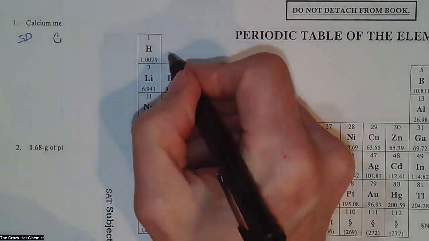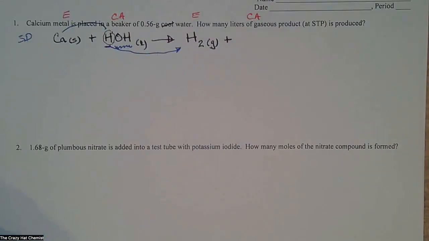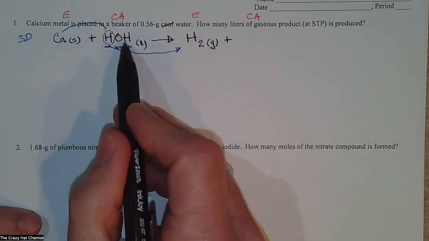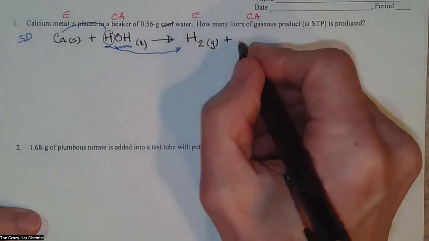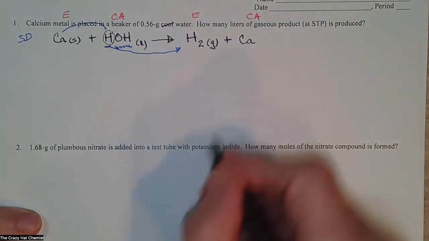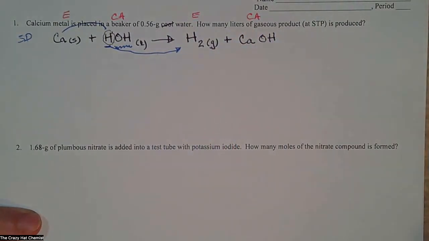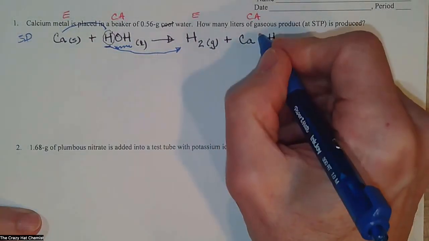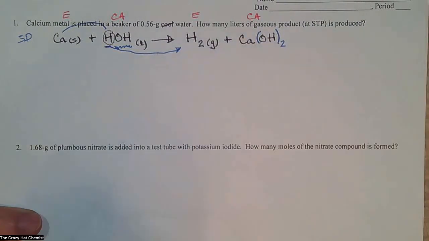And calcium is in group 2, so it's predicted to have a 2+ charge on its ion state. So calcium ion and hydroxide are going to get together and form calcium hydroxide. So calcium is a group 2, 2+, and then hydroxide. And then the other thing I'm going to do is highlight this in a new color, and this is blue. And this requires parentheses because